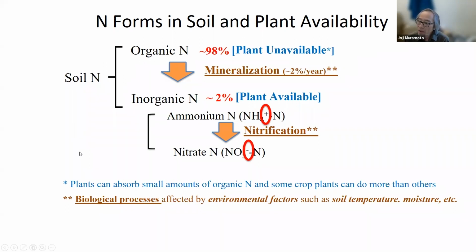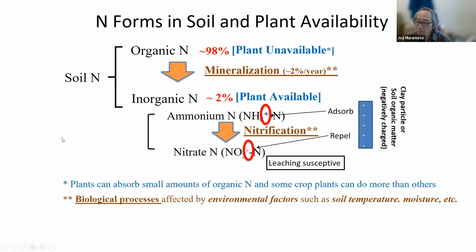Also, ammonium and nitrate have different charge. Ammonium has positive charge and nitrate negative. This has very important implications too, because the majority of soil particles have negative charge. So ammonium can be adsorbed and held, and the nitrogen nutrient retained, but nitrate, having negative charge, repels from soil particles. So nitrate moves along with whatever water goes. It is soluble in water and moves with water. So nitrate is much more susceptible to leaching compared to ammonium.